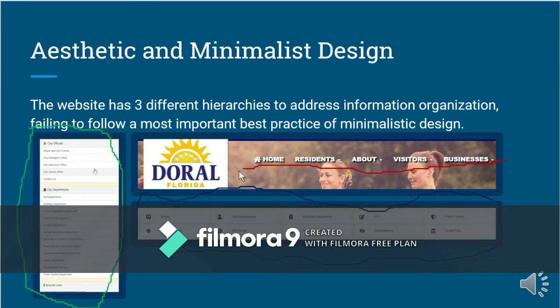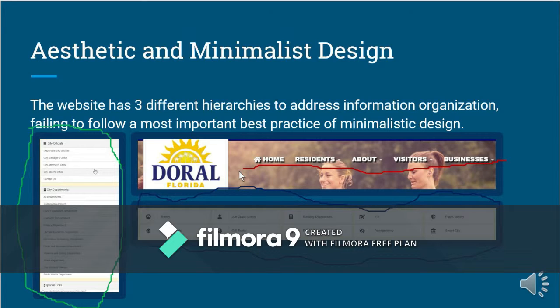But this has a problem because this is a rather informative website, it does not provide the information quickly, or at least the way that the website is designed, it doesn't make it easy for a user to go, for example, to the residents section and start a permitting request or a building request, because it doesn't have that kind of information.